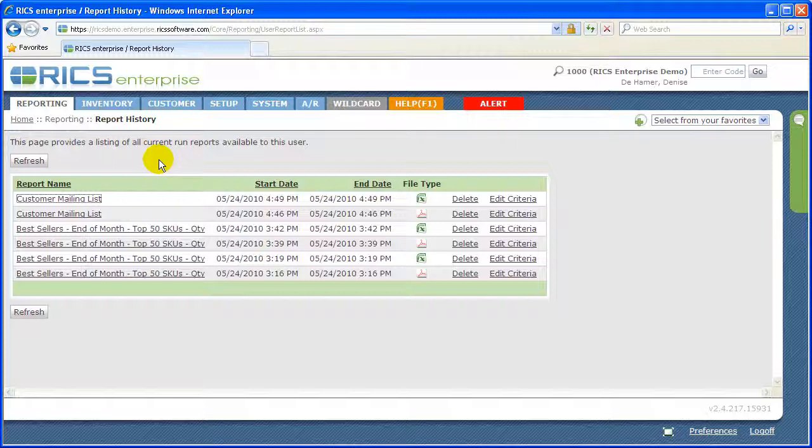So there's many different ways that you can run the customer list report. It just kind of depends on what you're looking for, but there's lots of ways that you can get information